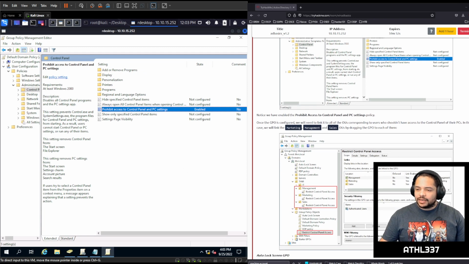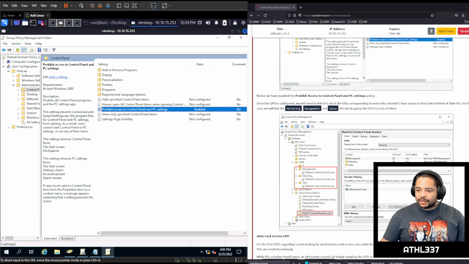We've enabled that. Once the GPO is configured, we need to link it to all the OUs corresponding to users who shouldn't have access to the control panel of their PCs. In this case, we will link the marketing, management, and sales OUs by dragging the GPOs to each of them. Okay, so